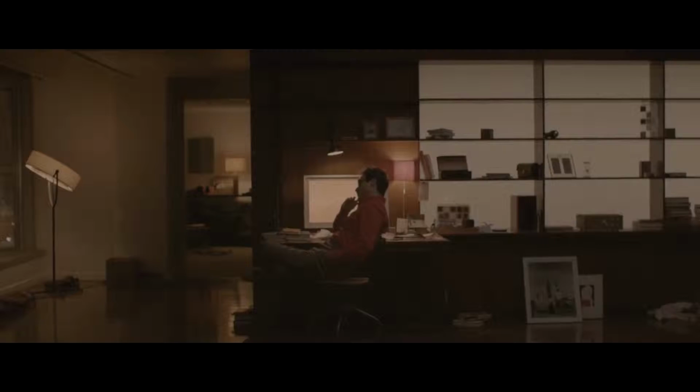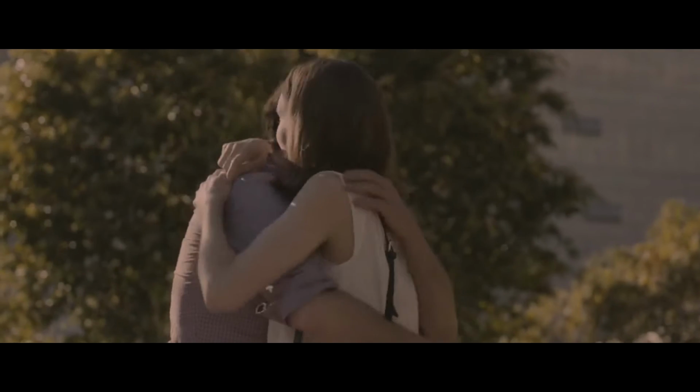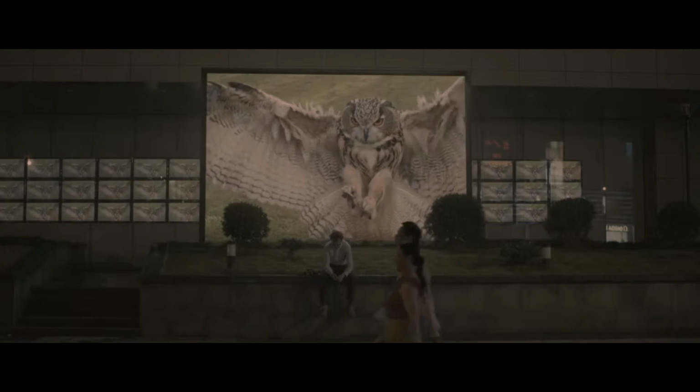Filmed in Los Angeles and Shanghai, the use of the architecture of both cities construct a world of their own. Director Spike Jonze and production designer KK Barrett chose not to approach the film from a design or architectural perspective, but rather they were interested in reflecting the emotional qualities of the protagonist, Theodore, played by Joaquin Phoenix, through the